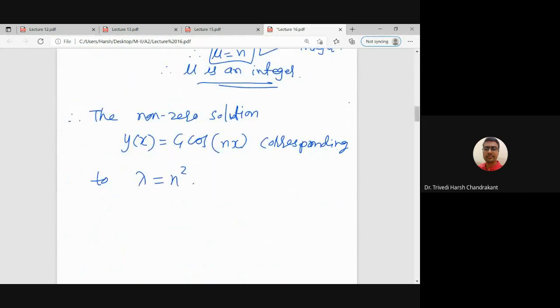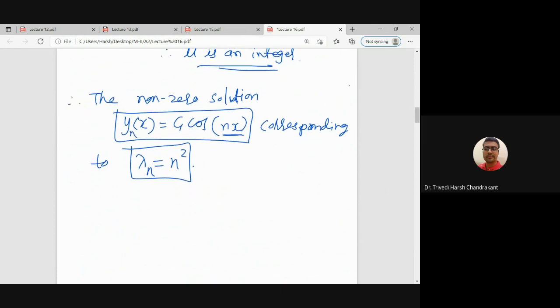So that means the non-zero solutions are eigenfunctions corresponding to eigenvalue lambda equals n square. Since lambda depends on n, we write here lambda n. Similarly, this also depends on n, so we write here y n. Right, so just summarizing that, therefore